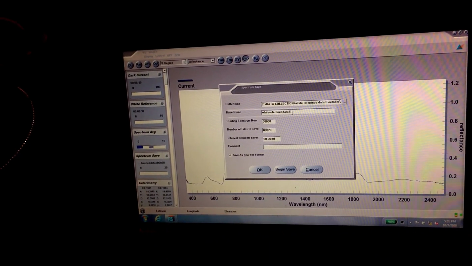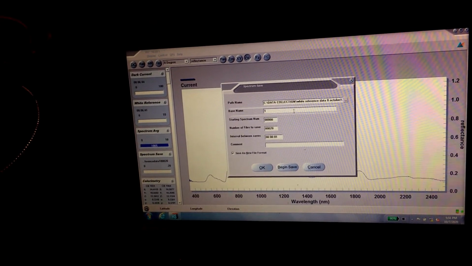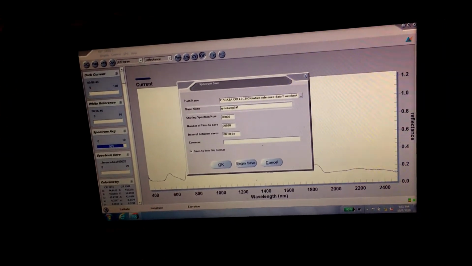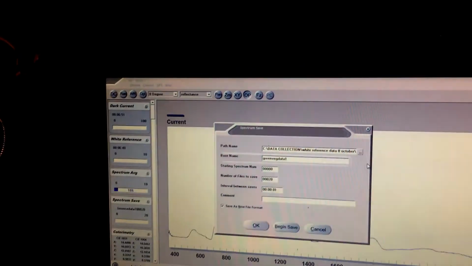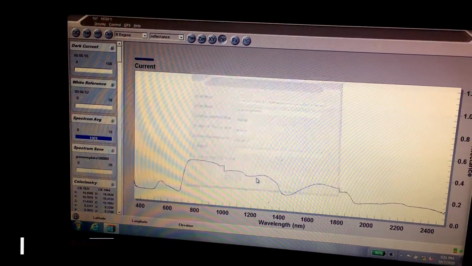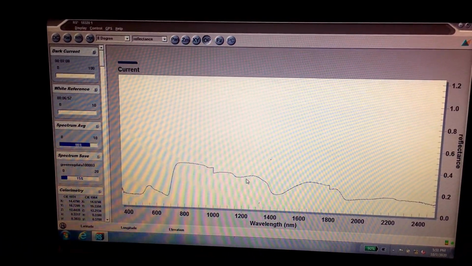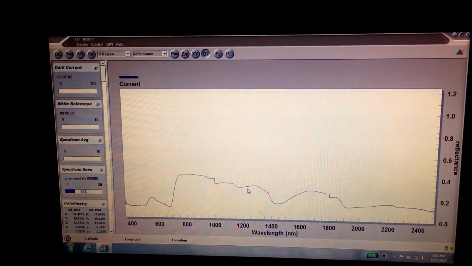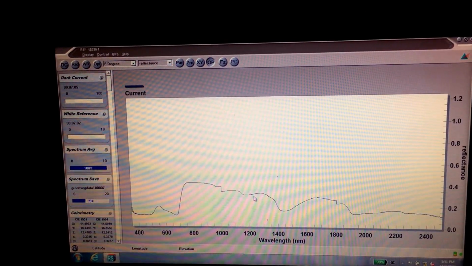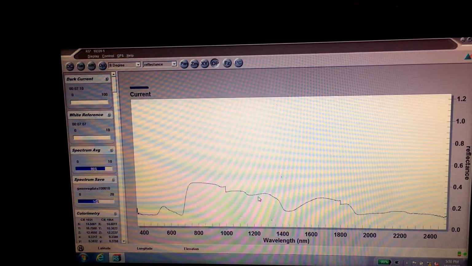Now I am changing the name here: green vegetation data 1. Now here I am clicking begin to save, and then I want multiple files, so I have to press spacebar after the spectrum average completes 100%. See, I am just pressing the spacebar for saving the multiple files.